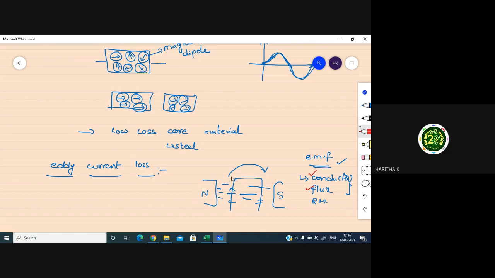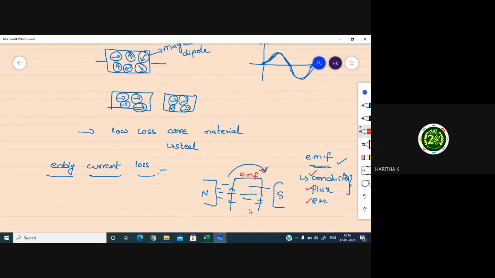Yes. Your armature is rotating, but the flux is stationary. It is not changing its direction. Flux is always flowing from north pole to south pole. The flux is stationary and the conductor is rotating. Therefore, a relative motion exists between the flux and conductor. Then what will happen? EMF will be induced in this conductor. We don't require that EMF. We need the mechanical energy, that's it. But in addition to that, EMF is being induced in this conductor.